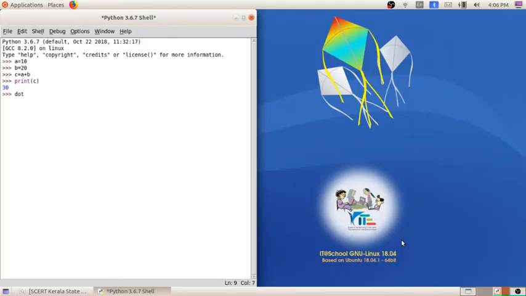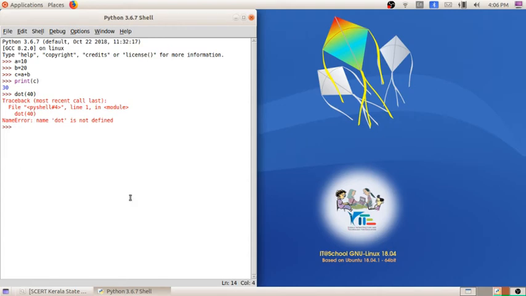I am clicking enter, and it says there is an error: the name dot is not defined. This Python language does not know about the name dot. We didn't define the dot. So it must know from which module or library we are taking the dot.